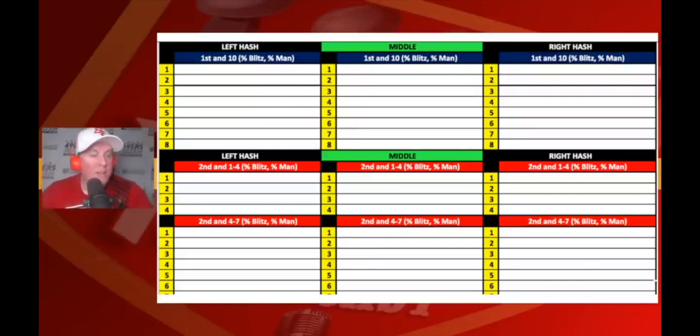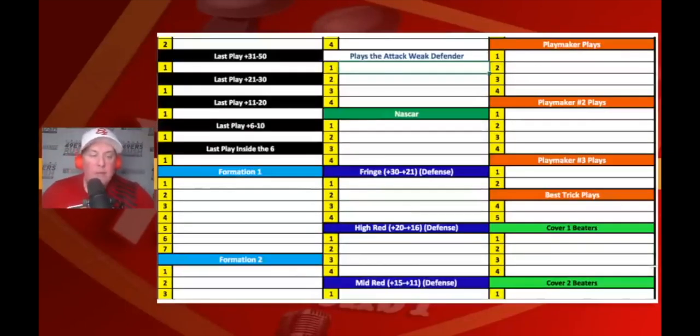Is it a second and long? Do you get a sack? Is there a false start? Because you don't want to run your second play if it's second and 13. That's a different play. So what you'll do is you'll flip over your page and you'll say, okay, where's my second and long play? Now, if we take this just a little bit further, and again, if you look at